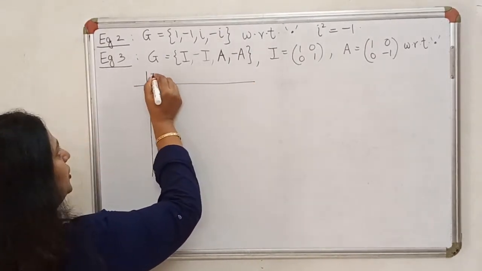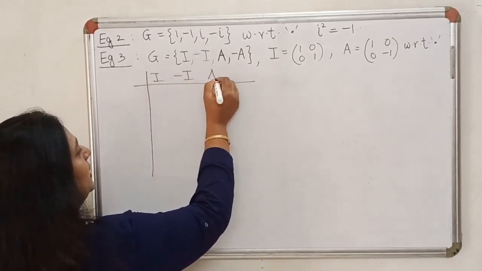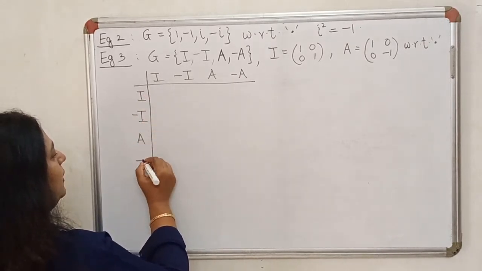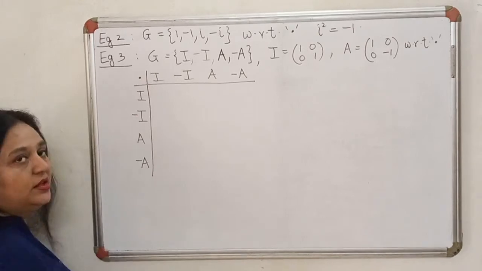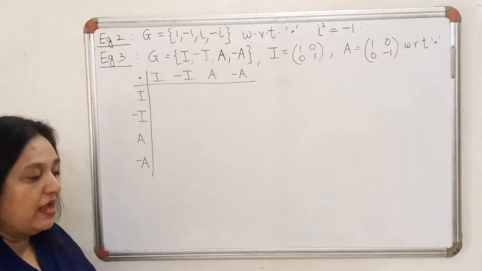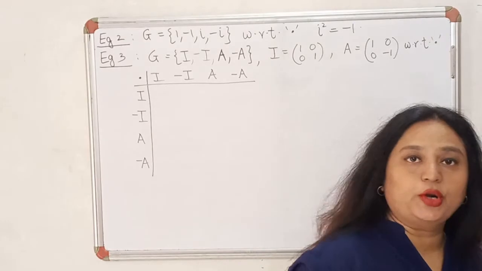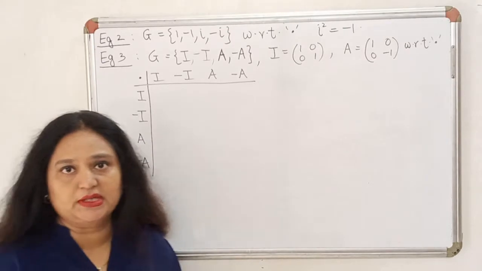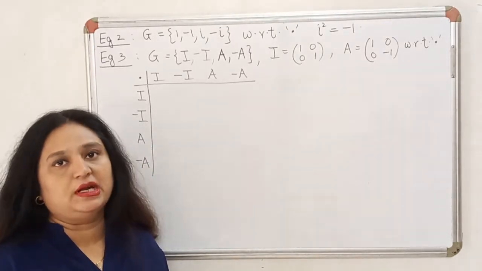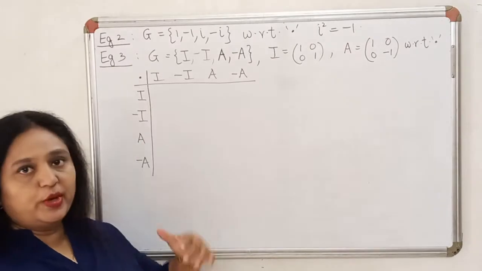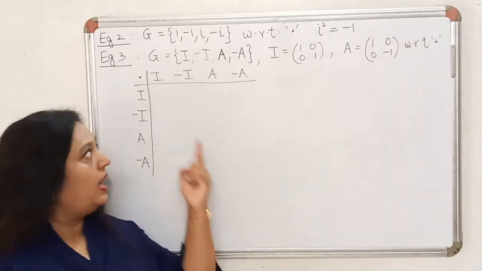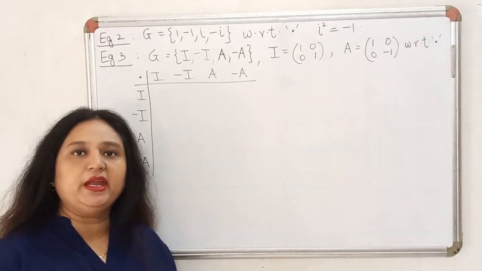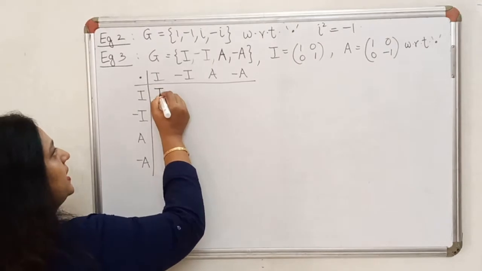So we draw a composition table. We list the elements of G in a heading row and heading column. Put the operation given in this corner. Now I will have to compute 16 products of matrices, and I'm really not interested in spending so much time over this example, so I need to take a few shortcuts. Now that is going to be based on some of the properties that we know. I stands for the identity matrix, so I know in advance that identity matrix into any other matrix is going to give me the same matrix.